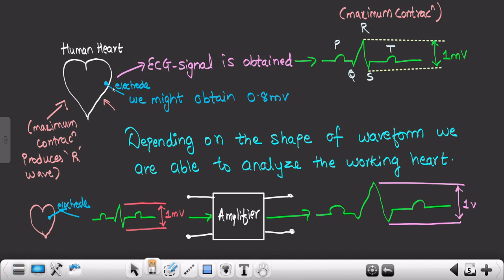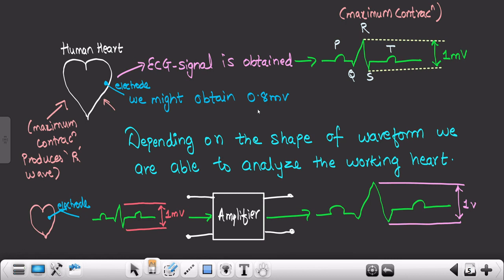So basically from the heart we connect one electrode, and from the electrode we are able to receive this ECG signal, that is the electrocardiogram signal. We obtain this signal in a few millivolts. Generally it is 1 millivolt, but somehow we are not able to achieve this 1 millivolt of signal. Why? Because